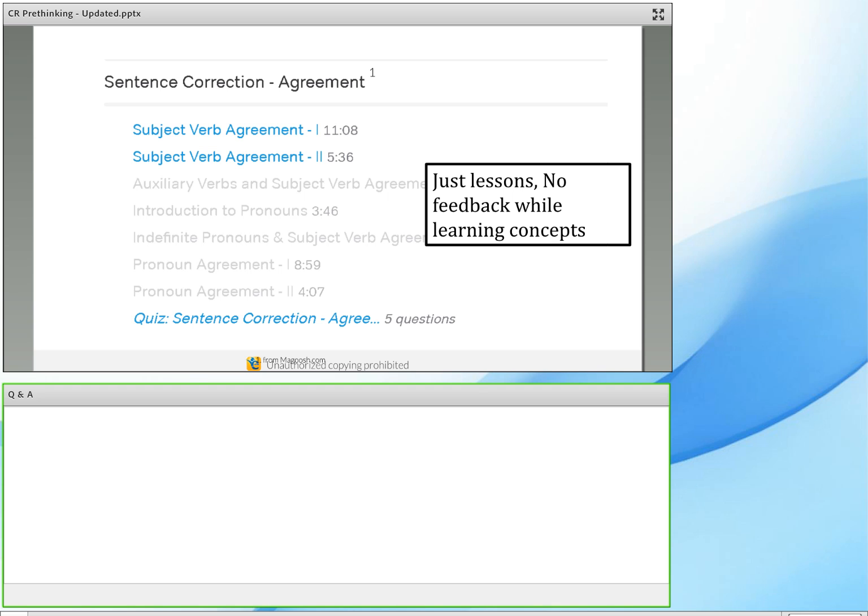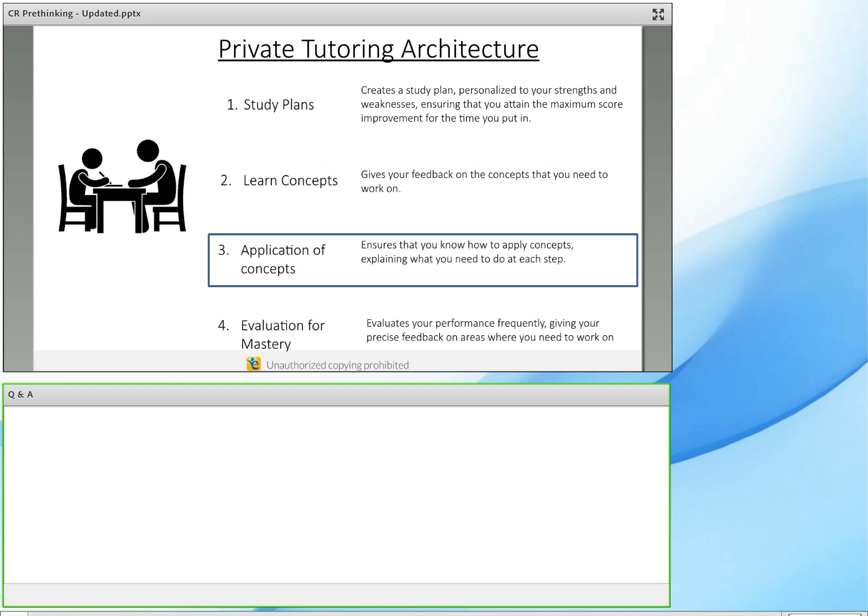When you compare this to another offering, a popular course by Magoosh, what you're going to find is that A, it's not as comprehensive. B, there is no feedback built in over here. You're not evaluated on the learning as you learn. The time over here is not the time that you spent on those concepts. It's the time of the video. So the intent over here is just to provide you learning very similar to what a book does, and not to give you feedback to evaluate how well you've learned.